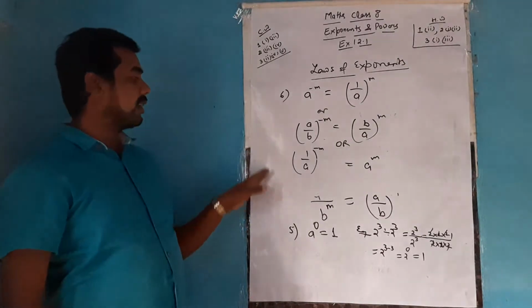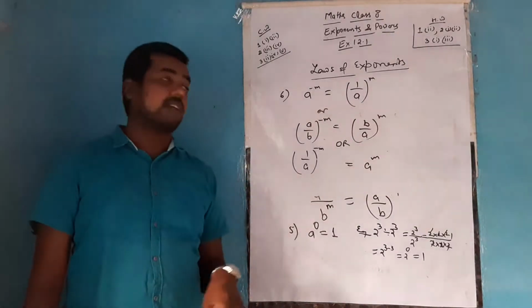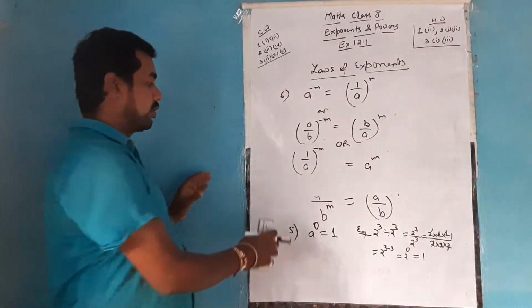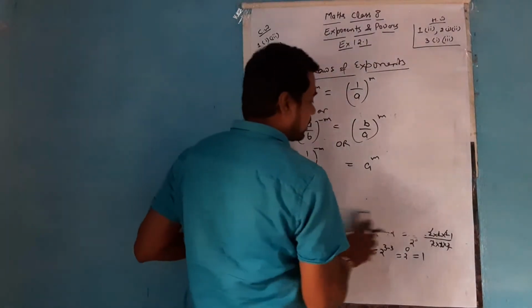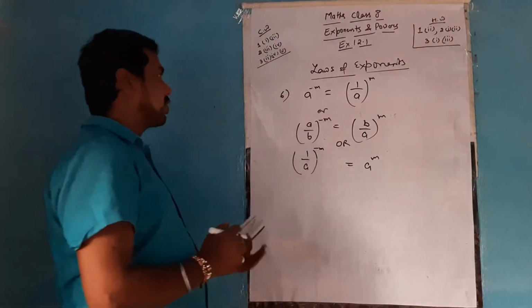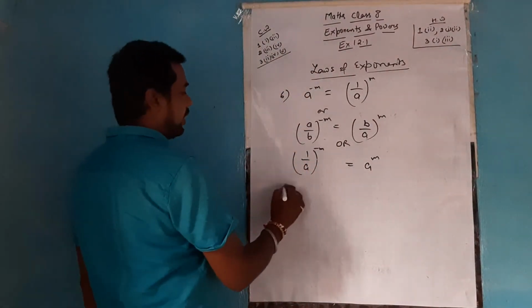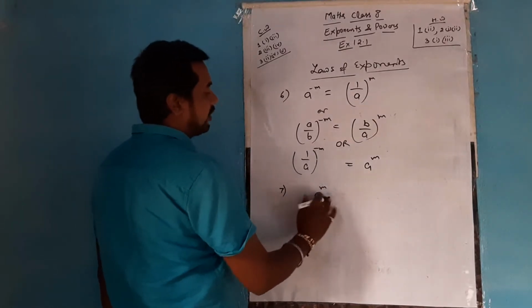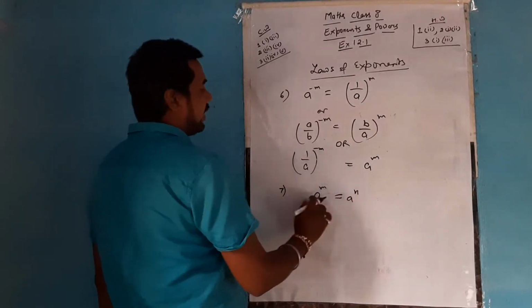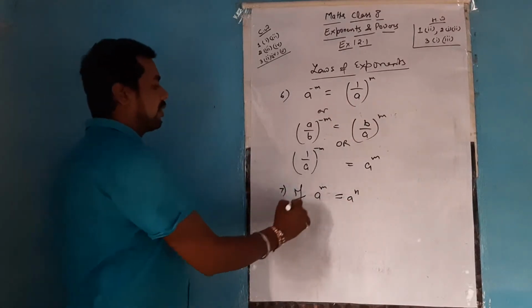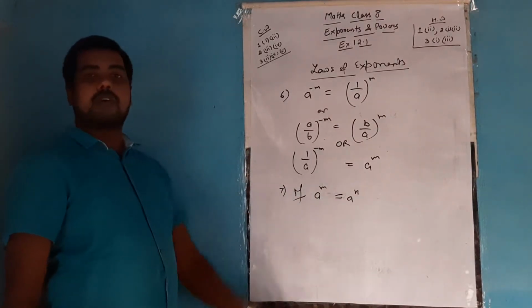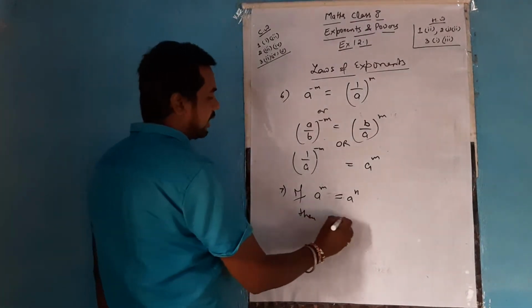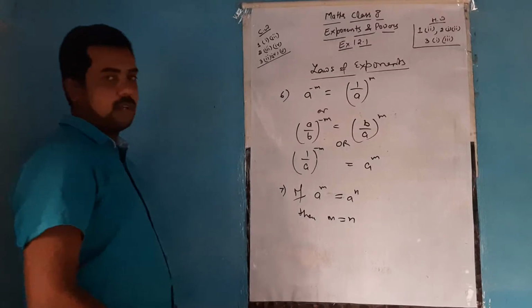These are the 5-6 laws which you have already studied. Might be this law you might not have seen, so this law might be new for you. And one more law you will see, which is the application of the same: whenever bases are same on both sides of the equation, like here if a power m equals a power n, then directly we can write the powers as equal.